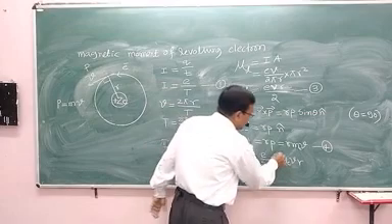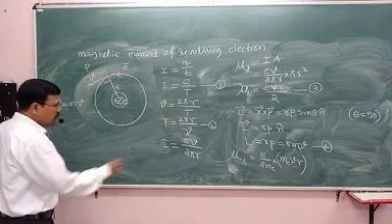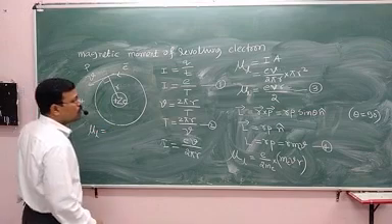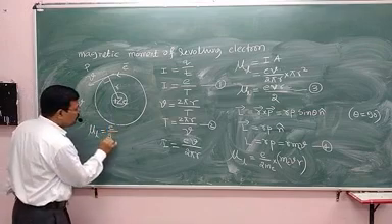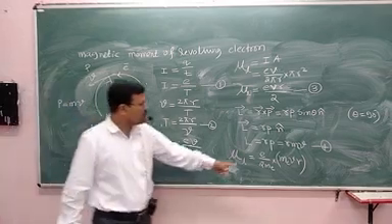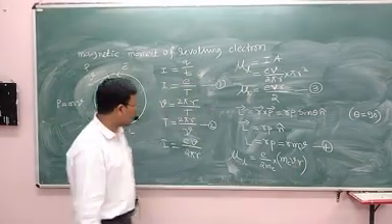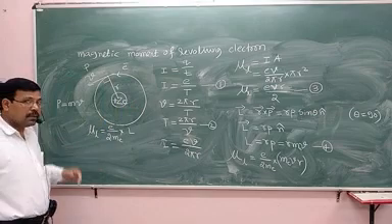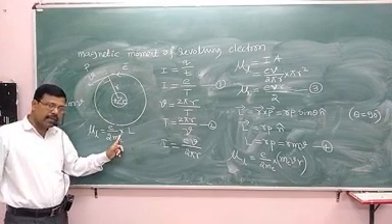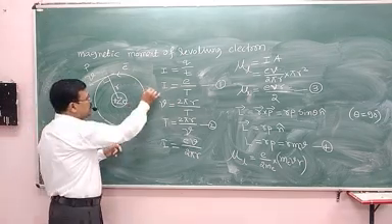But we know that mvr is nothing but the angular momentum of the electron. So let me write that the orbital magnetic moment of the electron is equal to e upon 2me into L, because mass, velocity into radius gives us angular momentum. Fine. But as all of us know, the direction of the magnetic moment and the direction of the angular momentum are opposite.